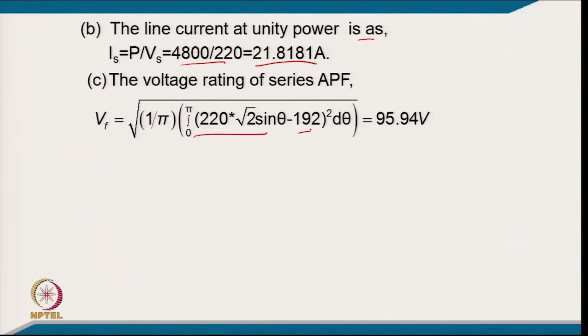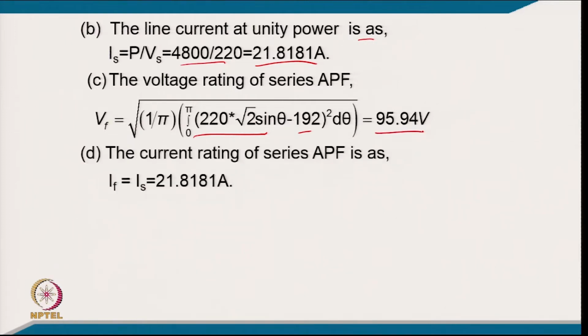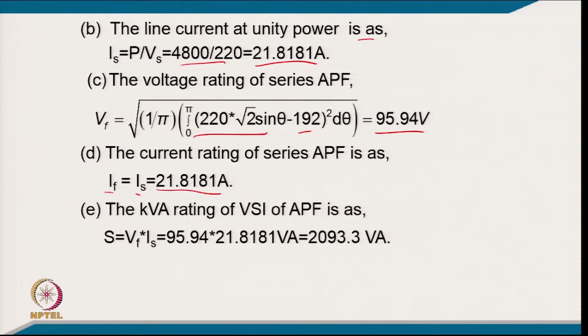So, this will be 21.81 ampere, and the voltage rating of the series active filter will be the difference of the sine wave minus the square wave of 190 volt peak, and taking an RMS of this for 2 upon 2 pi for a half wave symmetry 0 to pi, it comes 95.94 volt. And the current rating of the series active filter we already calculated earlier. So, it comes IF equal to IS equal to 21.8181 ampere, and the kVA rating of the series active filter is VF times IF, that is putting the value of VF and IF,